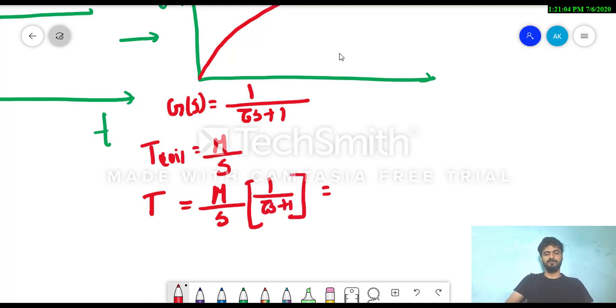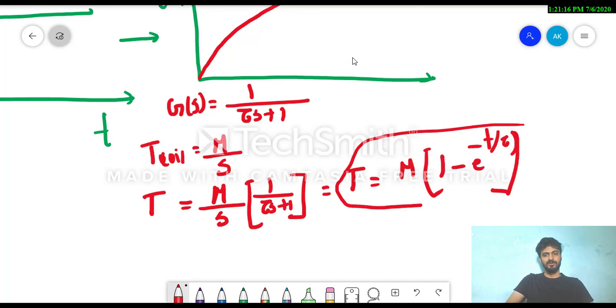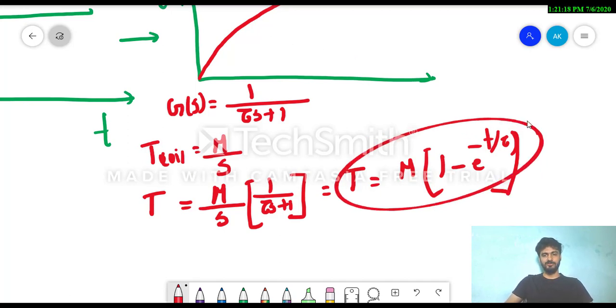So from here if you apply the inverse Laplace, you will get T equals M into 1 minus e to the power minus t by tau. So my dear student, from here you can understand